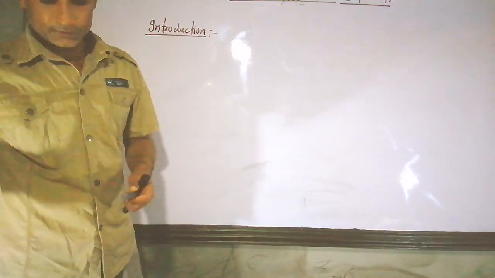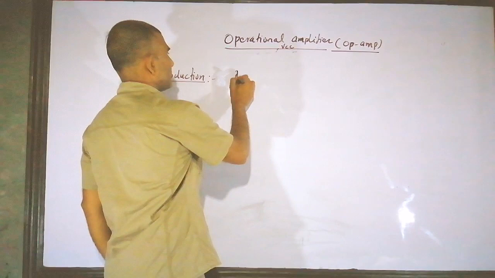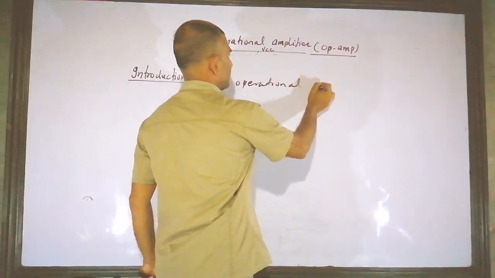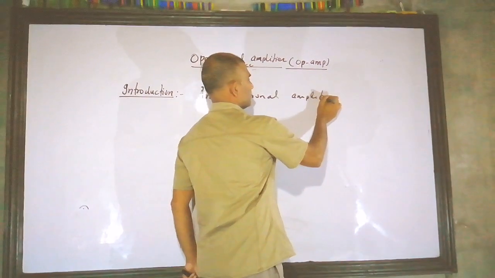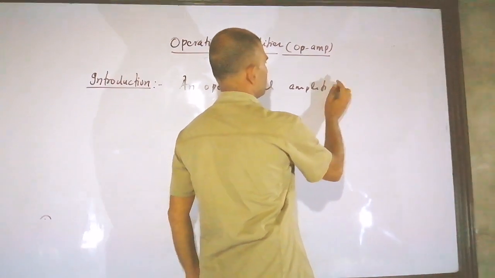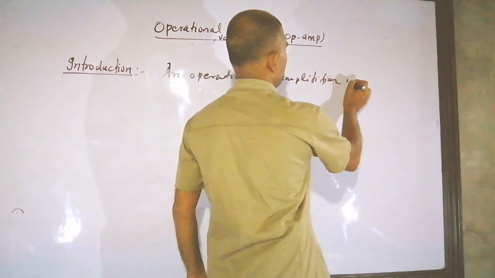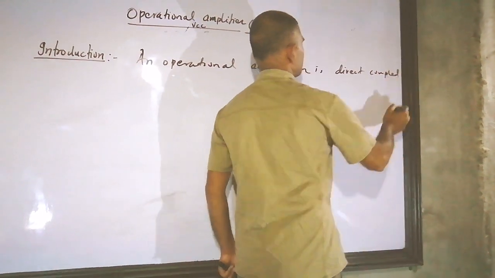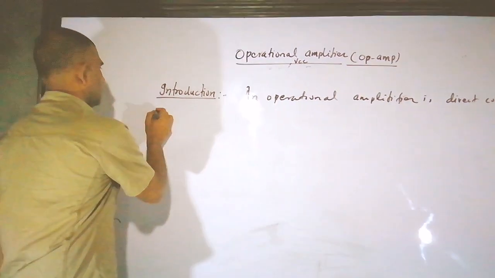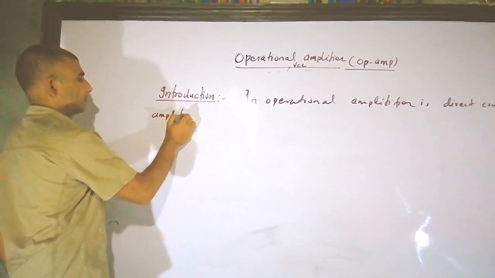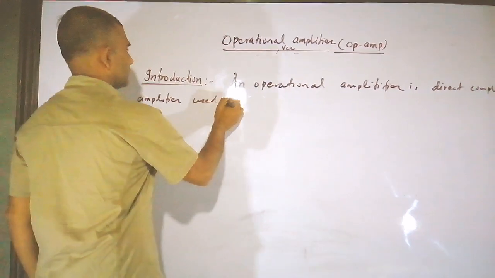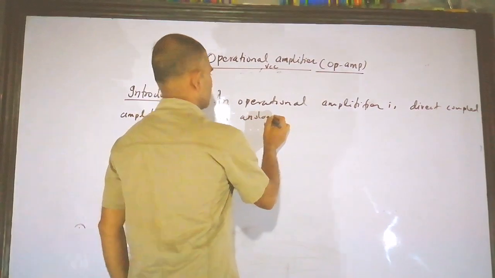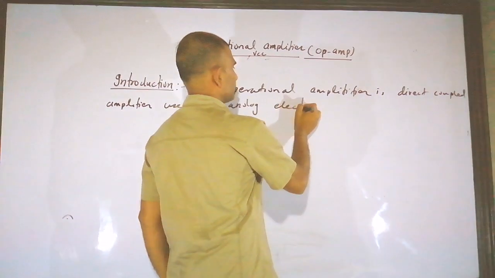Let me write a little bit. An operational amplifier is a direct coupled amplifier used in analog electronics